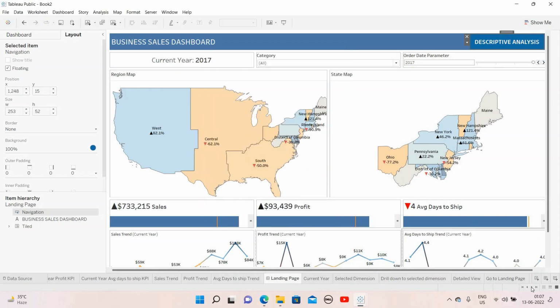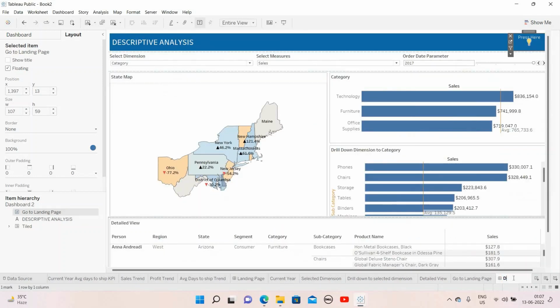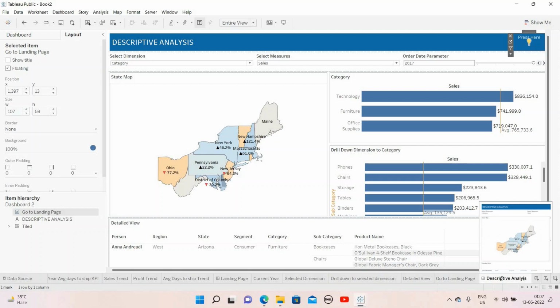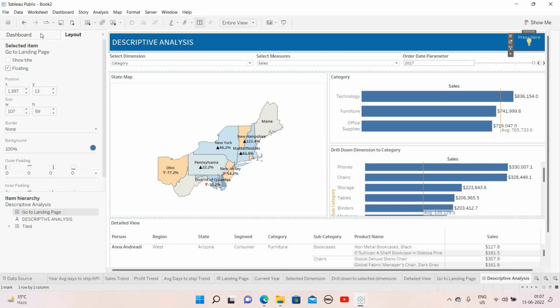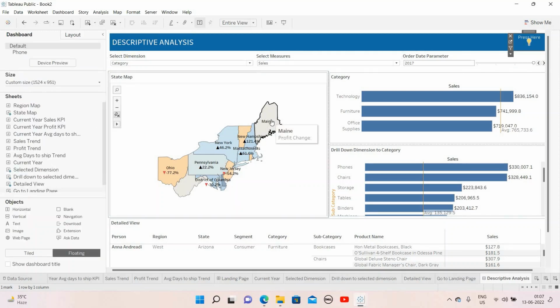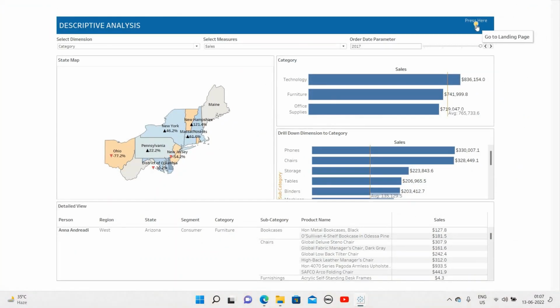Okay, so instead of 2, just give this name descriptive analysis. Then this is right. So this one is done. The landing